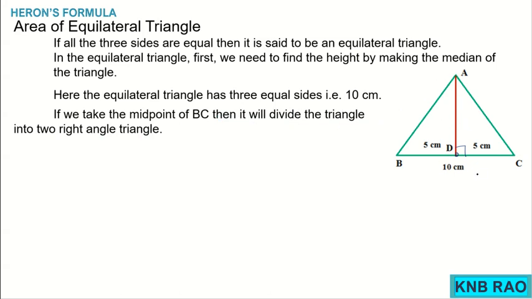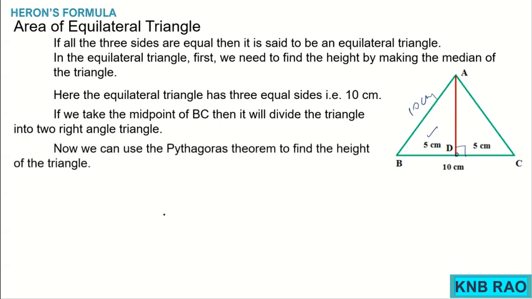Here in this right angled triangle, you know BD length as 5 centimeter, AB length as 10 centimeter, because it is an equilateral triangle, AB equals BC equals AC. So in right angle triangle ADB, we know the hypotenuse 10 centimeter and one of the perpendicular sides as 5 centimeter, so obviously the third side we can find using